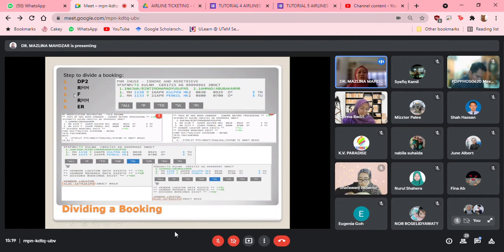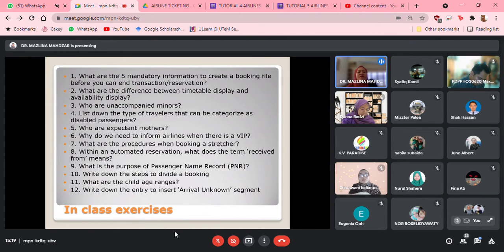So the entry would involve adalah DP, R, F, R, ER. Ni R ni kena letaklah initial. Contoh saya letak nama initial saya, mungkin saya yang mengesahkan. So masih dalam maksa my initial. UF to finalize, then you type another receive from, barulah you dapat ER atau end your reservation. You must always end your reservation to save the booking. Okay? Okay. So we are done on the